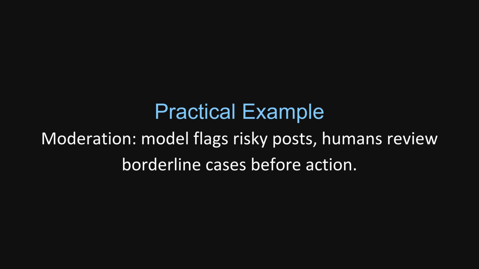In a content moderation system, a model flags potentially harmful posts, but anything borderline is routed to human moderators, who decide whether to remove, label, or allow it. This is similar in spirit to reinforcement learning from human feedback, where human judgments shape how an AI behaves over